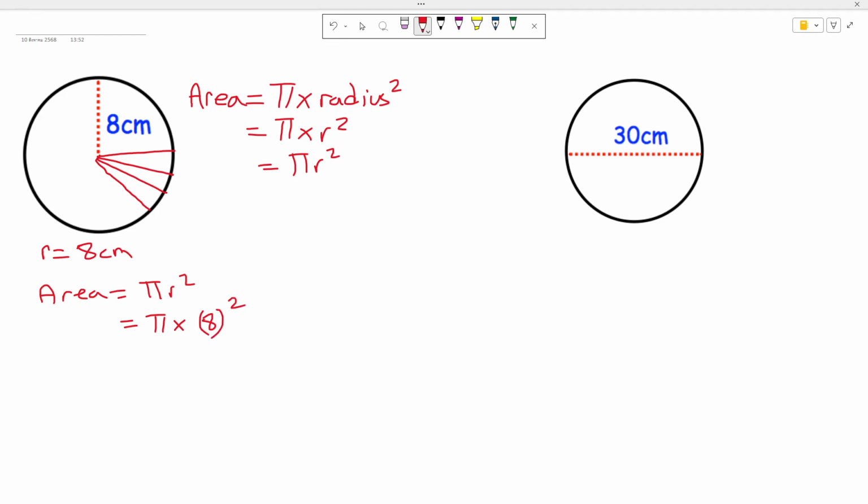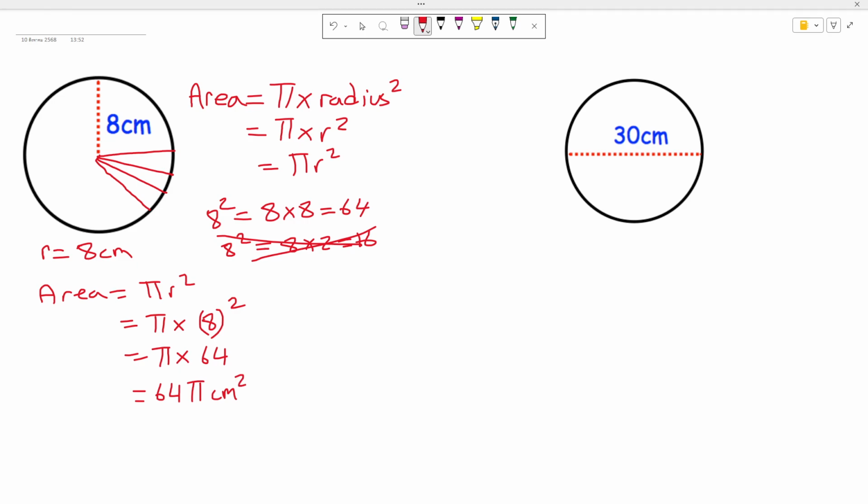Now keep in mind here, this is where many of my students make mistakes. 8 squared is equal to 8 times 8, which is 64. Many of my students sometimes write 8 squared as 8 times 2, which is 16. This would be incorrect. So here we would have pi multiplied with 64. Now in some cases, you can leave the answer as 64 pi